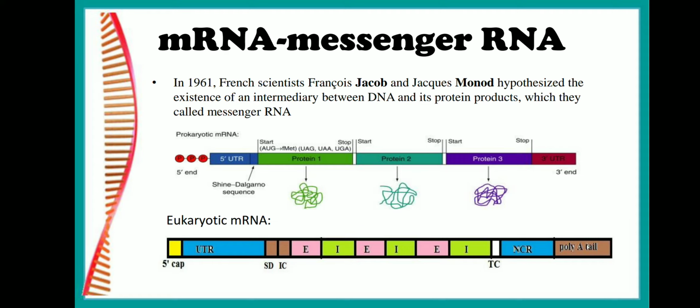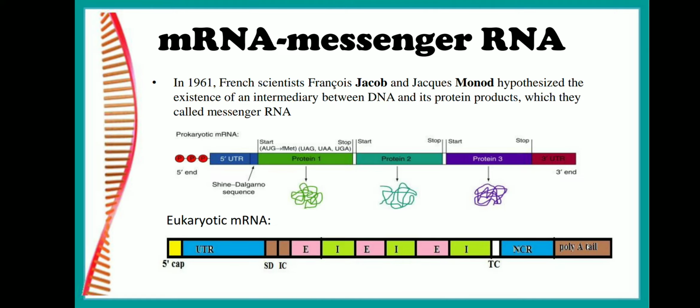Now, if only one cistron codes for a single mRNA strand, then it is said to be monocistronic. But if one single mRNA has many genes, then it is said to be polycistronic. Polycistronic is usually found in prokaryotic mRNA, and monocistronic is usually found in eukaryotic mRNA. Why do we find polycistronic mRNA in prokaryotes? Because the DNA length is very small in prokaryotes compared to eukaryotes. So whatever amount of DNA is present should carry all the required information for the cell. Therefore they produce polycistronic mRNAs.